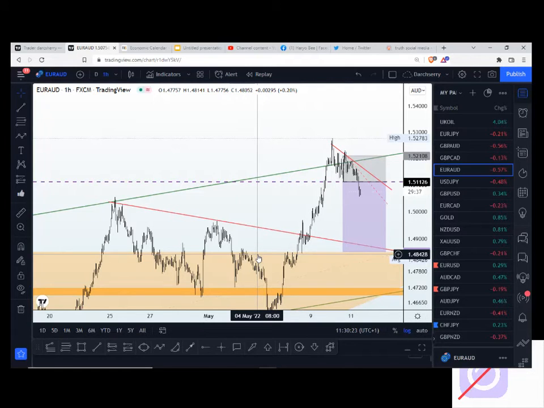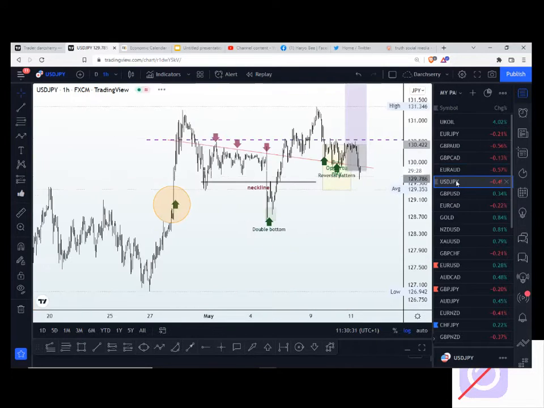Please clarify that. Okay, so that is that on EURAUD. Then on USDJPY,